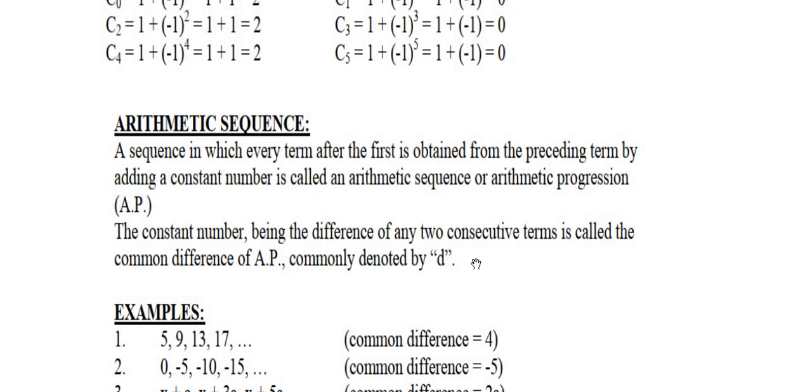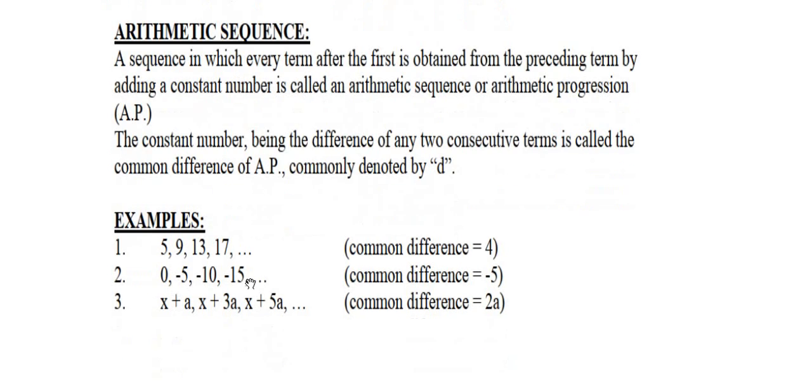Okay, the difference between two consecutive terms is called the common difference. For example, there is a sequence 5, 9, 13 and 17. When we subtract 9 minus 5, there will be a difference of 4. 13 minus 9, there will be a difference of 4, and 17 minus 13, there is a difference of 4. It means the common difference in this sequence is 4, and the common difference of this sequence is minus 5, and the common difference of this sequence is 2a. When we take the difference of two consecutive